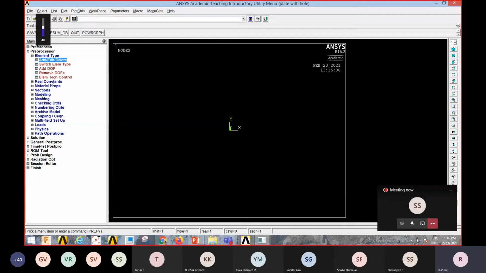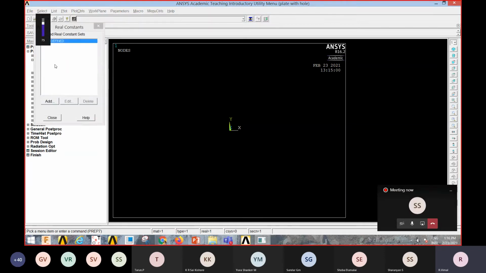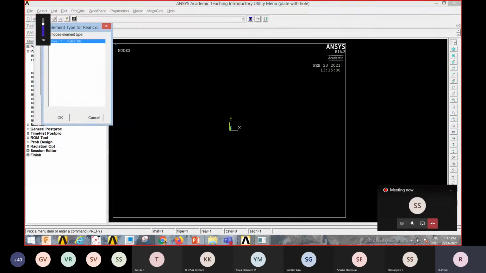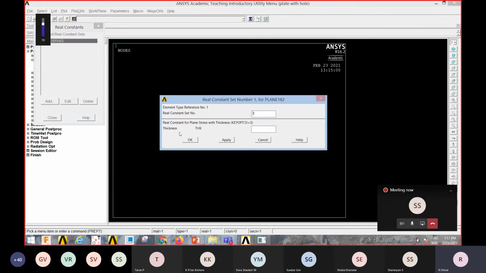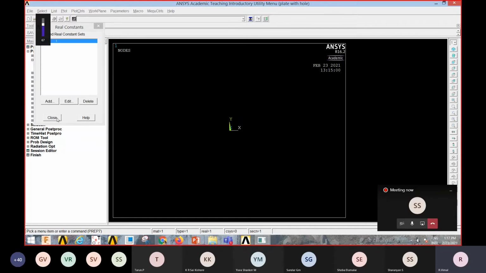After that, you click on real constants. Real constants is something new for you. In earlier cases, we never added real constants. Since here we are dealing with a solid plate, we have to operate with real constants. In real constants, we give the thickness of the plate. So click on real constants, click the add edit button. The box opens up. In the box, click add. Another box opens up. In this, click OK. It prompts you to enter the thickness of the plate. In our case, the thickness of the plate is assumed to be 0.2 meter. So I enter 0.2 meter, hit the OK button and then close it.